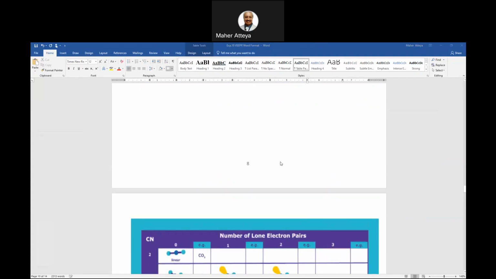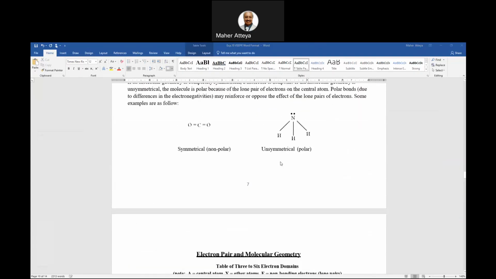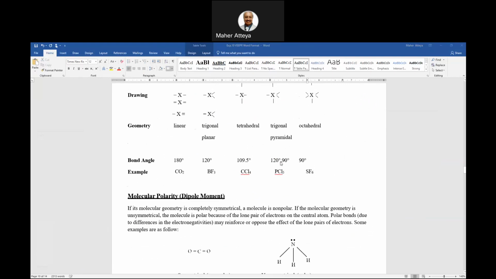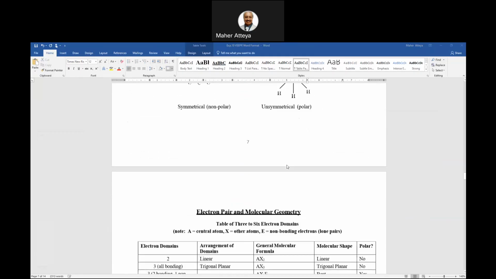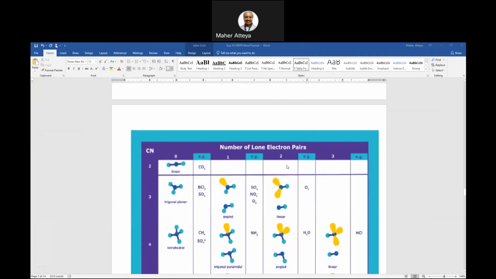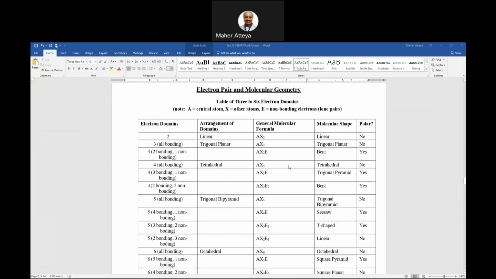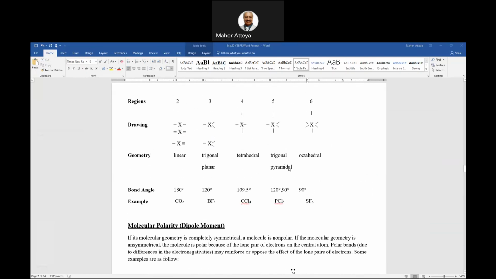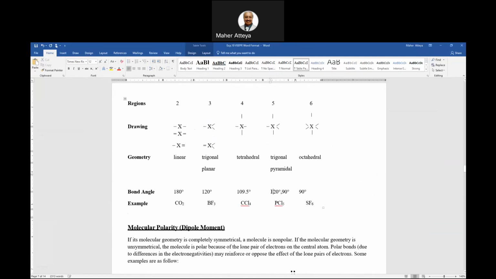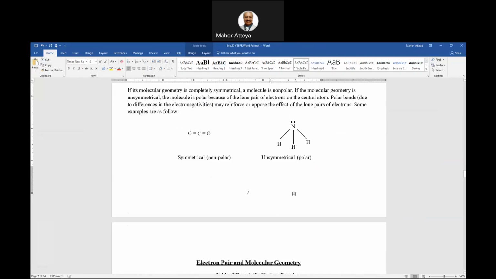That's not even the table given to you. But the trigonal bipyramid does have 120 and 90. So 120, that's the trigonal planar, and 90 degrees. So if you look at this, it does have both of those here. So copy this and